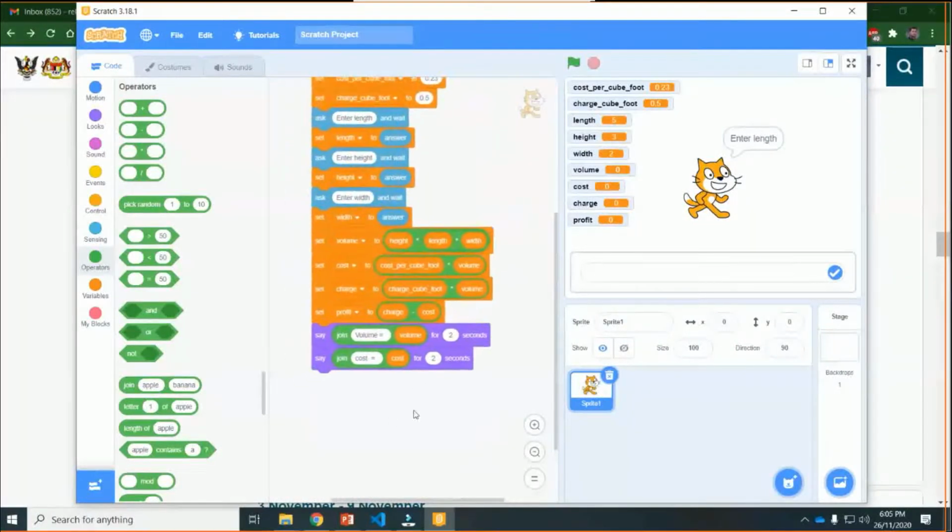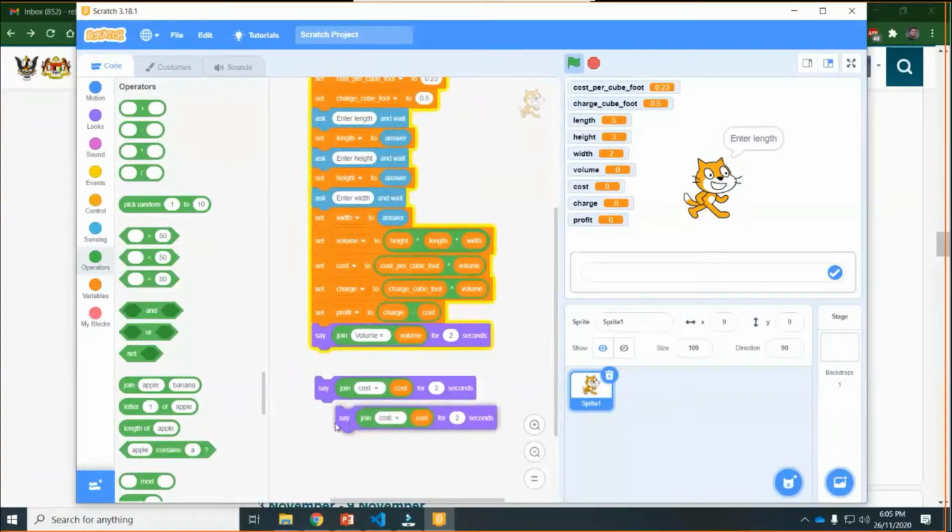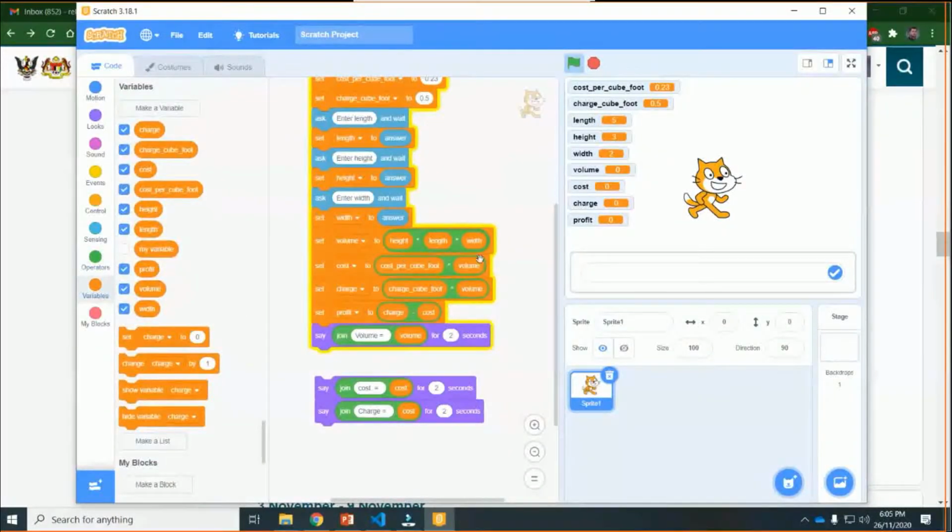In the same way, I will duplicate this one also, for charge: charge equal to, and I will bring charge. You can bring it from variables also, if this one is difficult for you.